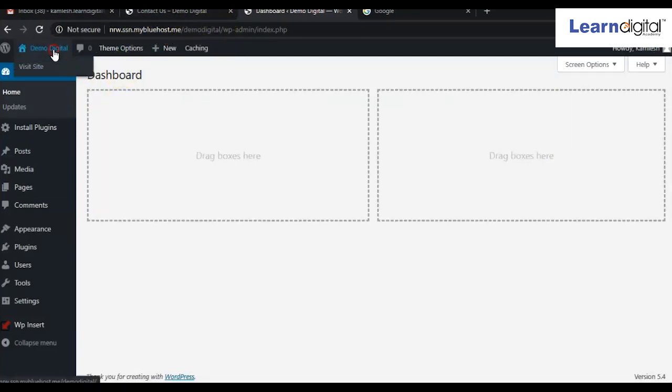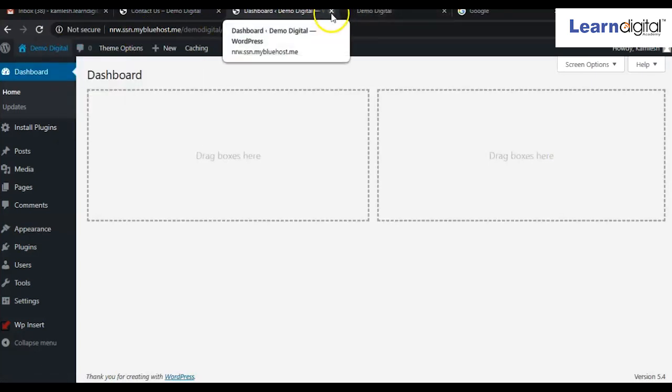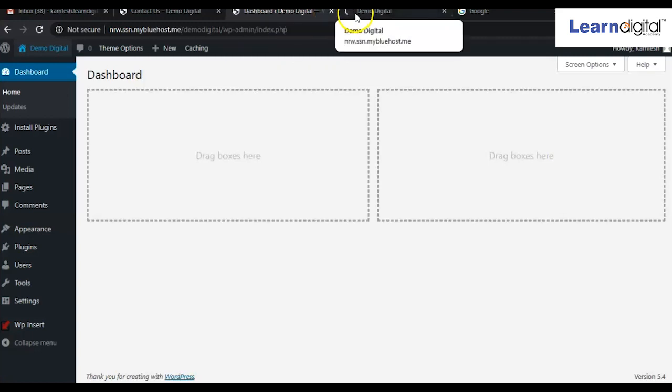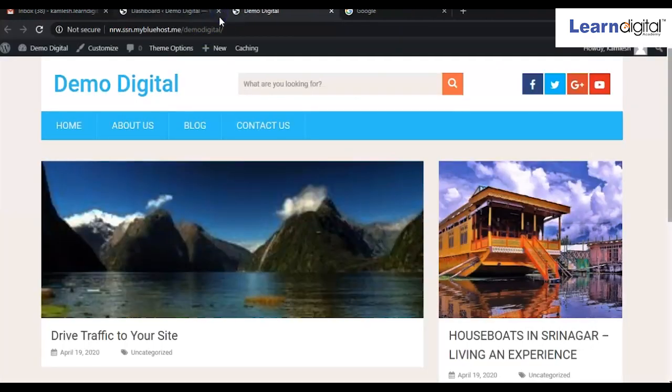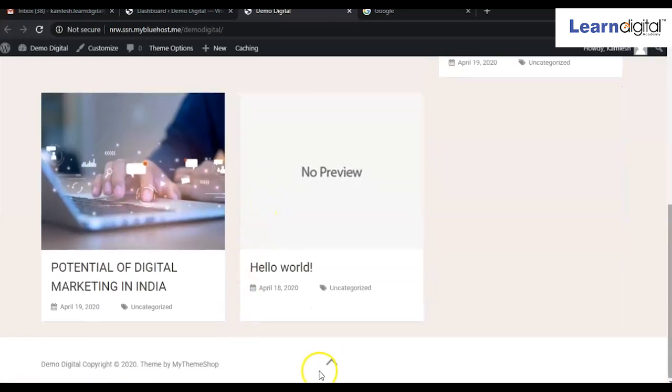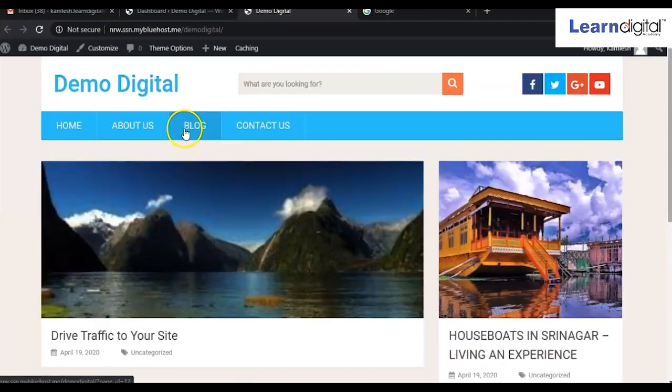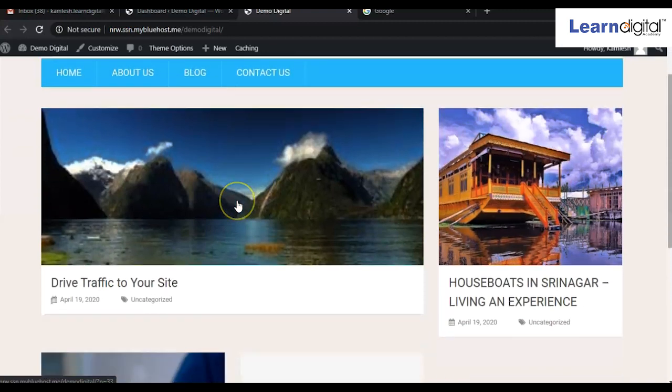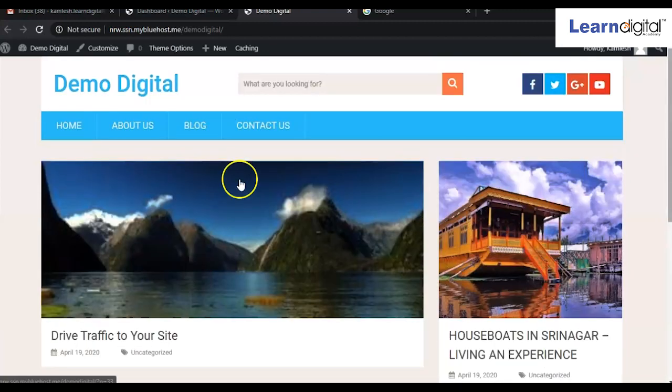So for seeing that one, we'll go to the front side of our website whether it is coming or not. So this is the website. Here it is showing four pages: home, about, blog, contact us. But here at the bottom we are not able to see any pages like legal pages. So one thing is clear, that means when the pages are not coming, some sort of setting we'll have to do. So again we'll have to go to the backend part,